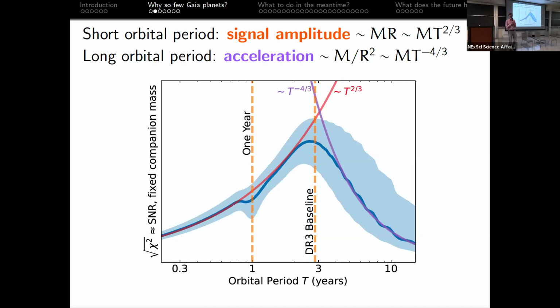And now I want to tell you a little bit about how those change as I continue to observe, because our current Gaia data release is about a little less than 3 years. And those 6,000 planets were not promised, but they were hoped to be discovered after 5. Well, 5 is more than 3. What's the difference? And to get that, I need to give you some intuition about how our sensitivity scales with